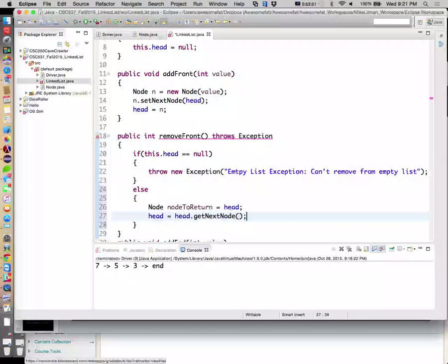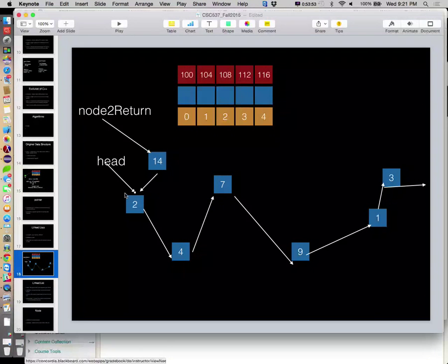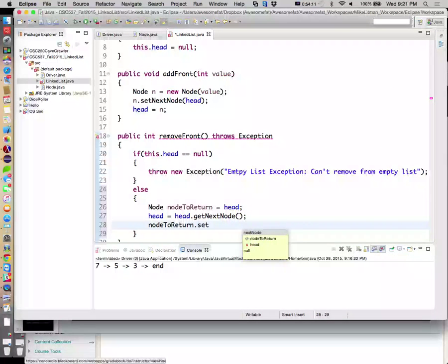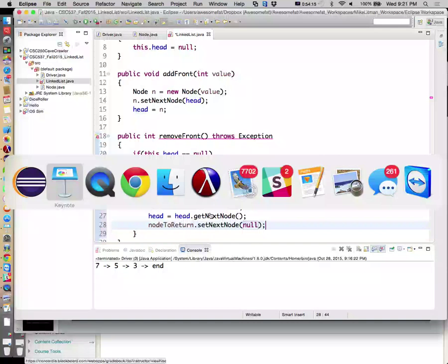Then we're going to say node to return dot set next node to null. We want to completely disconnect him from the list.